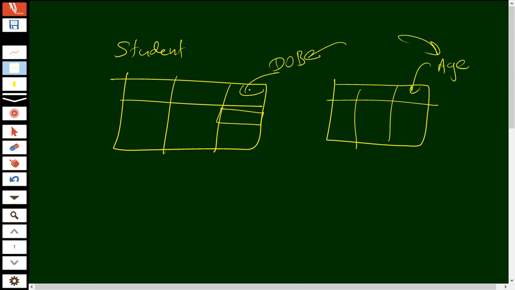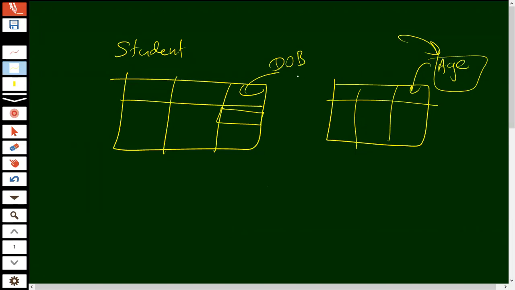So why do we store both date of birth and age in these separate tables? We don't have to. We can store only the date of birth. If we want to know the age of the student, we can calculate that.